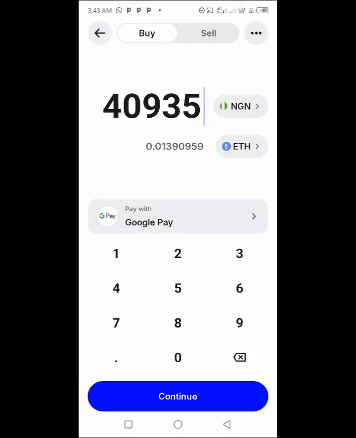Now you want to highlight the amount of coins that you want to buy. Right now I'm gonna be buying from my local currency, and then I'll be using a foreign linked Visa card that is tied to my Google Wallet for this task. All right, before you proceed with this particular task, ensure that you have a Visa card, and